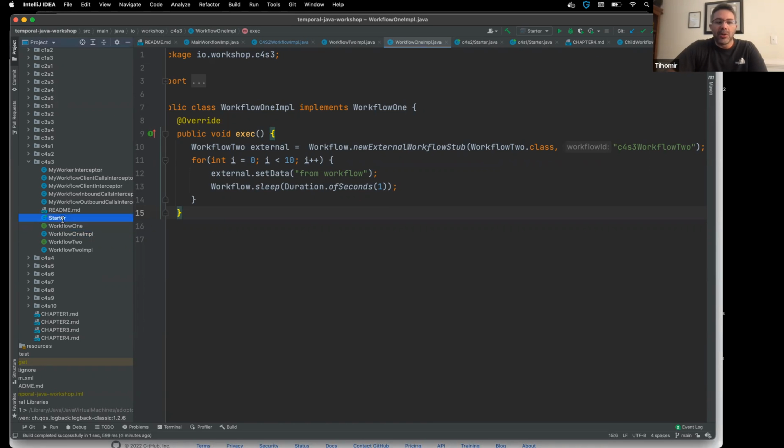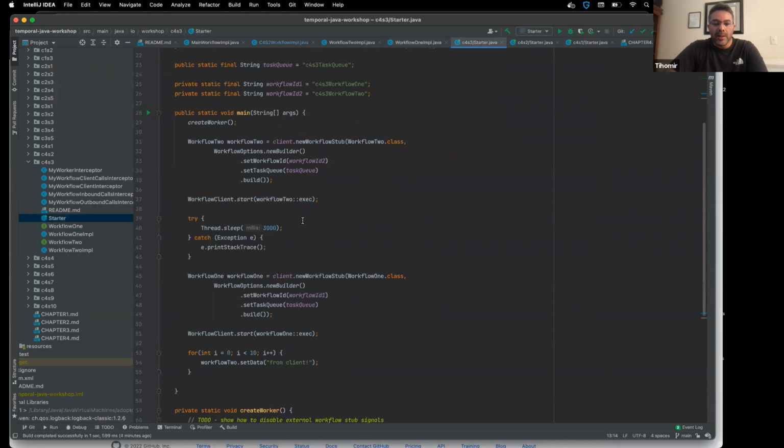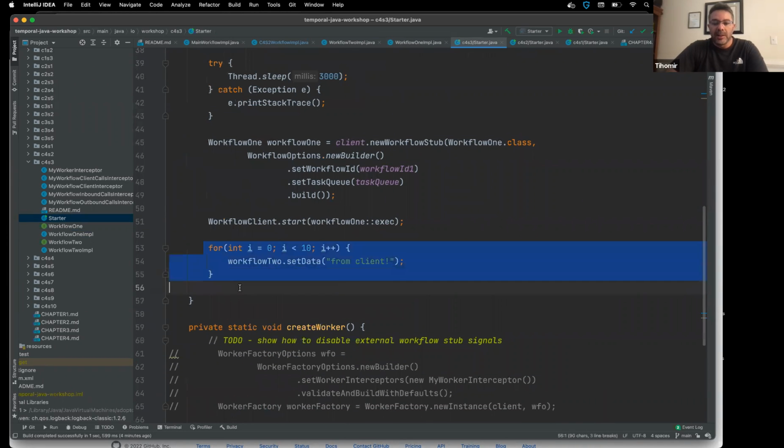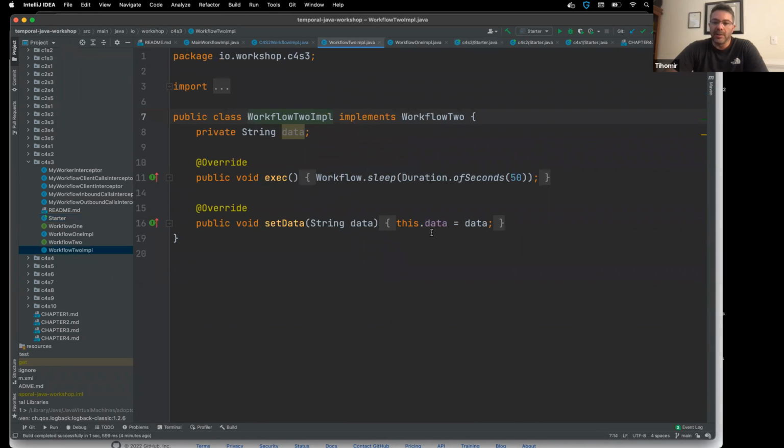At the same time, in our starter, we're also sending signals to it from the client side. The two different signals that we're sending to this workflow are: one where the payload is from client, and the other one is from the workflow. But one thing I wanted to show is that we don't really handle this signal at all. There is nothing in our workflow code, which just sleeps for 50 seconds, that takes this payload and updates